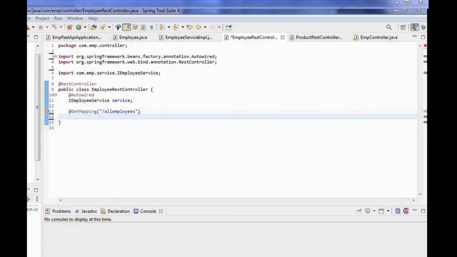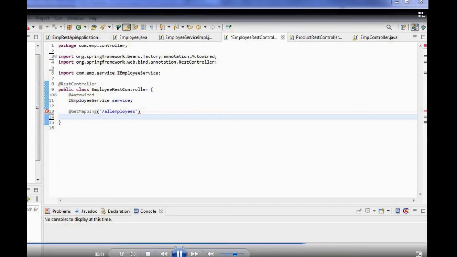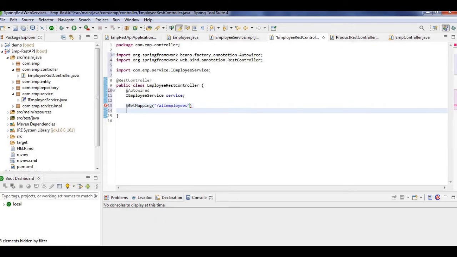But as of now in this case I'm going to return only two things: my employee list, that is the data, that is the body, as well as my HTTP status code. Let me write down the handler function.